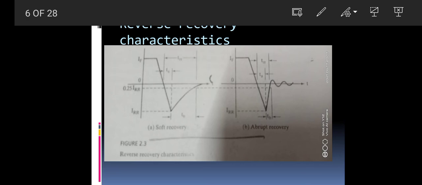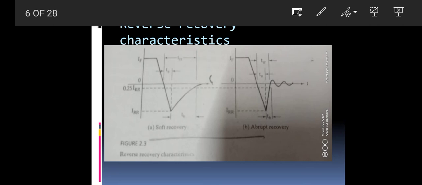The reverse recovery time TRR is defined as the time interval between the instant the current passes through zero, during changeover from forward conduction to reverse blocking conditions, and the moment the reverse current has decayed to 25% of its peak reverse value IRR.